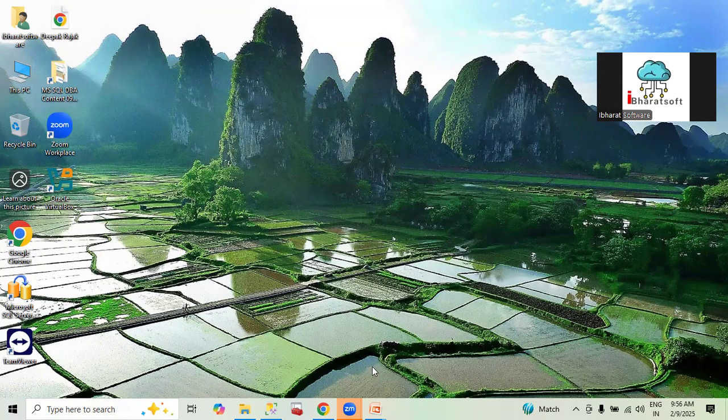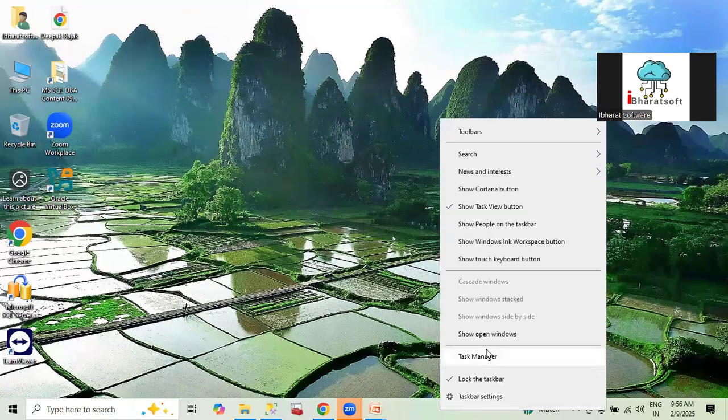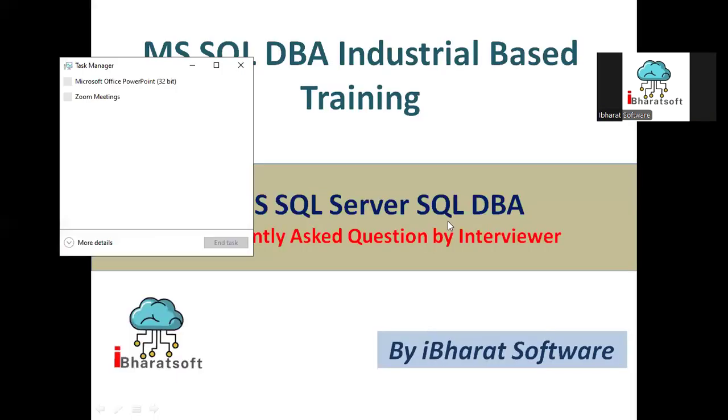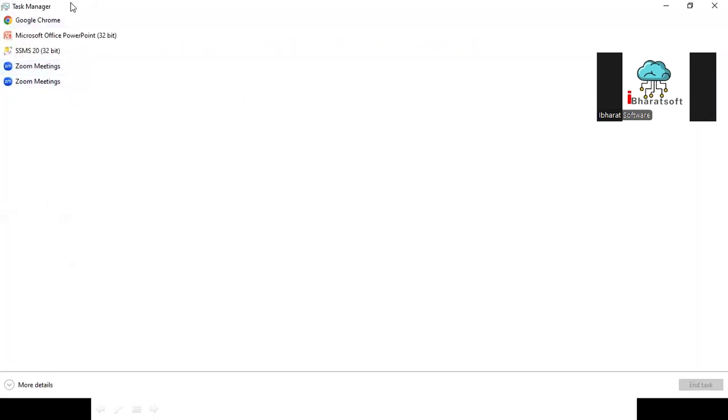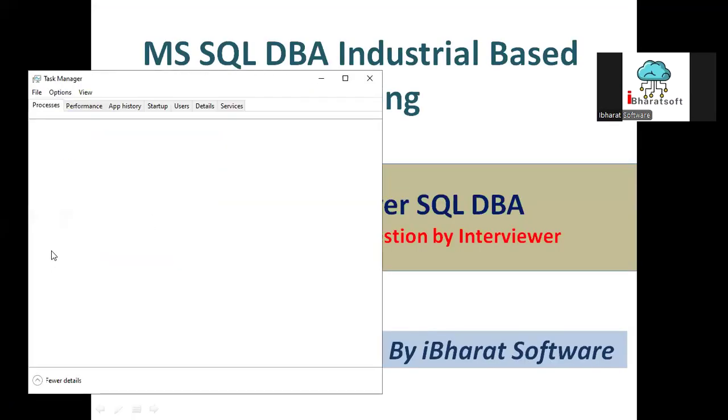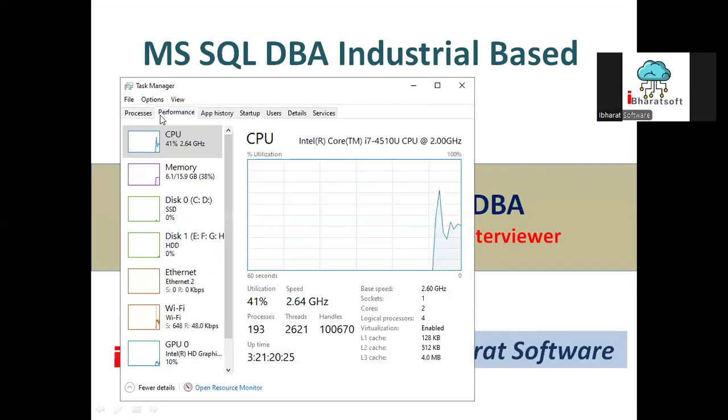So first step, let me explain, so note it in your mind while I explain. I have to check the server. Let's suppose I said the server is not performing well. The server includes SQL services along with Windows Server. So first step, I will right click on the server and click Task Manager. Now you can see more detail, and here I have to check